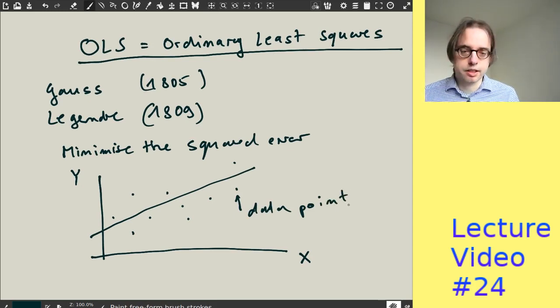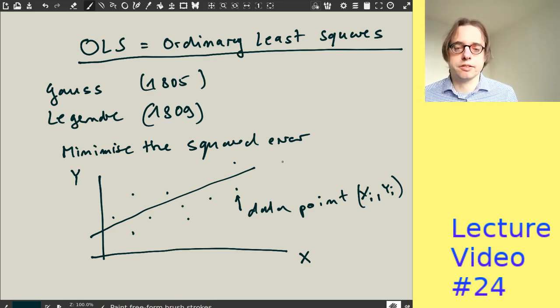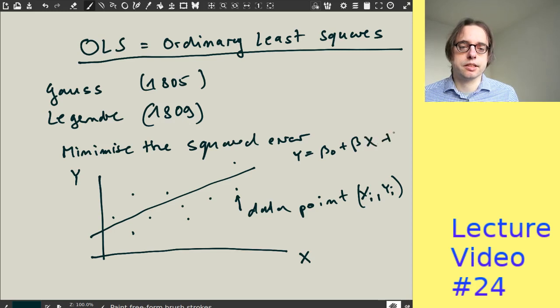This data point consists of x_i, y_i, so it's a pair, and let's say this is x10, and this one would be 1, 2, 3, 4, 5, 6, 7, 8, 9, so it's in fact 10. And what we're trying to fit now is this curve here, y equals